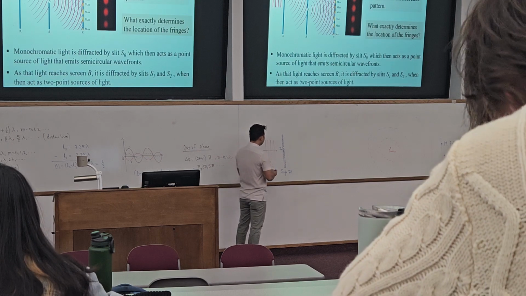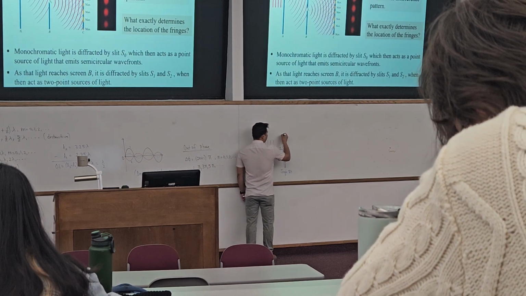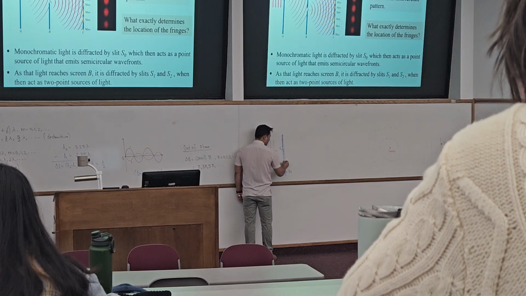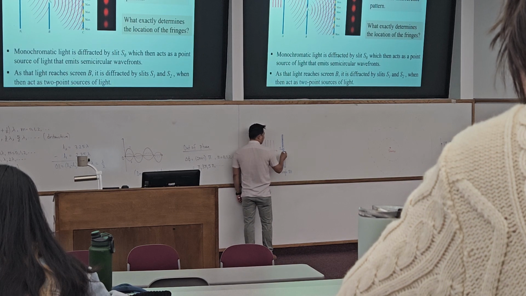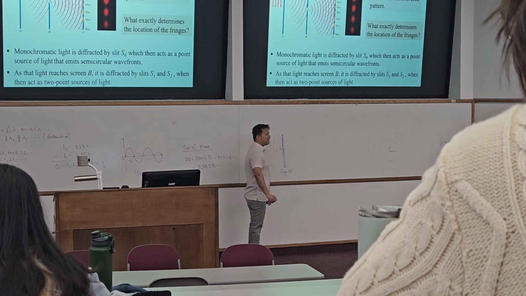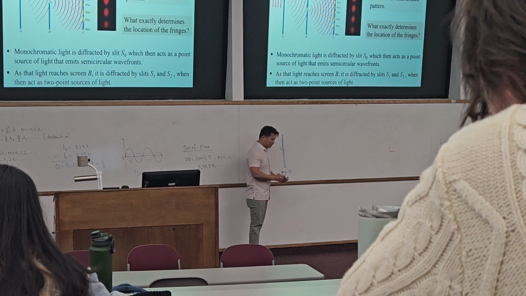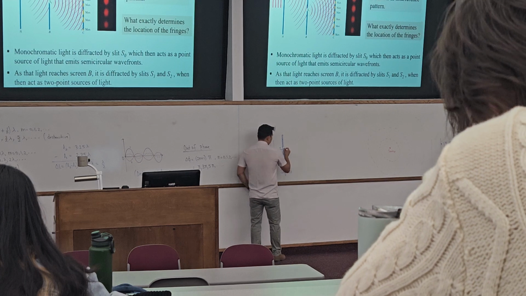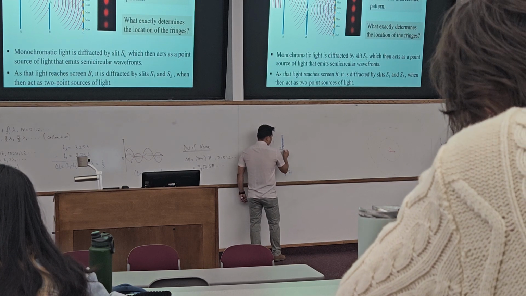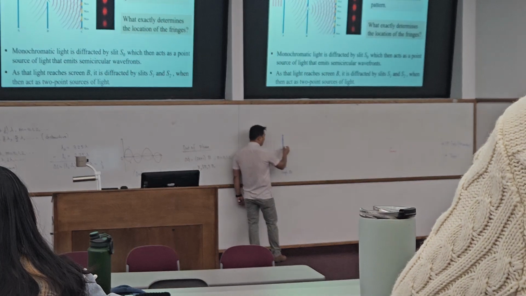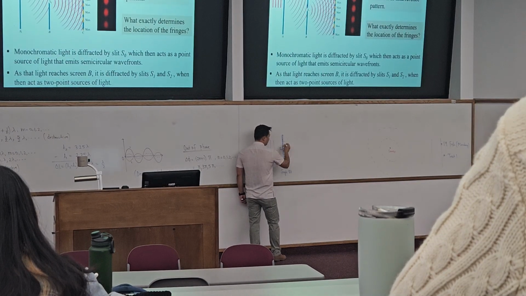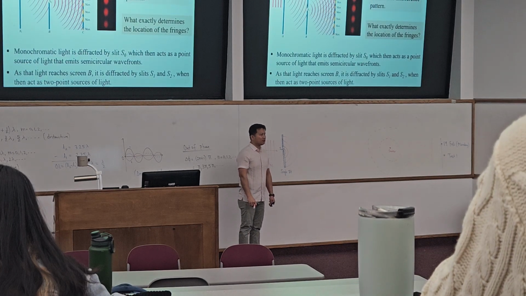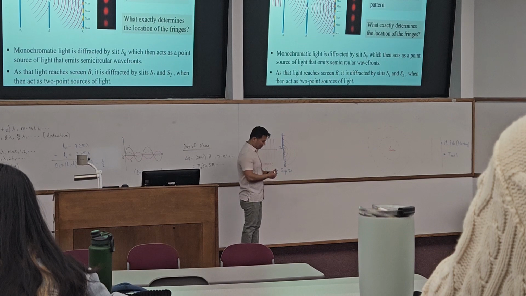Anyway, you have this scenario over here. You have a physical barrier. That means the light cannot pass through this section of the physical barrier. The light will be blocked. There is one small opening over here. Through that, light can pass through. Once the light passes through this one, it's a point source. Because this is a point source over here, it produces the circular wavefront closer to the source.